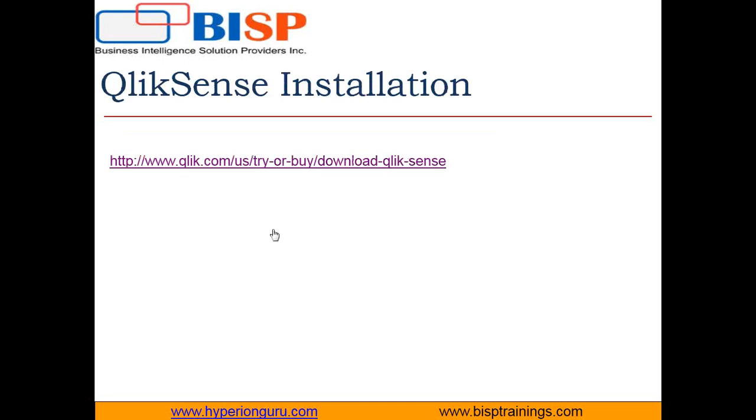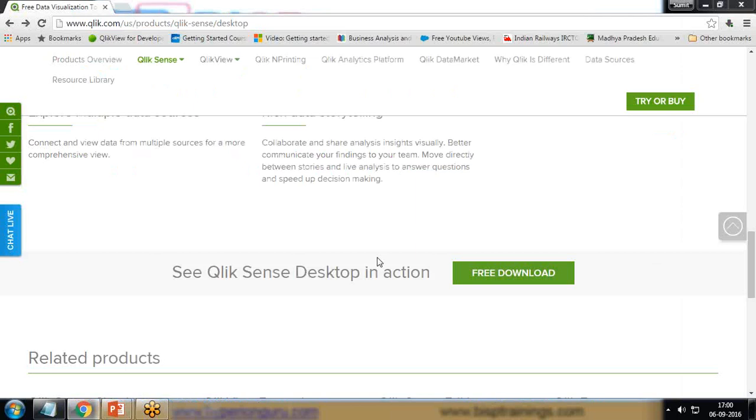To begin the installation part, I'll click on this link to visit the URL. It will redirect me to the qlik.com website, and from this website you can see we have an option here, free download. See QlikSense desktop in action. So you can download it. I click on free download,